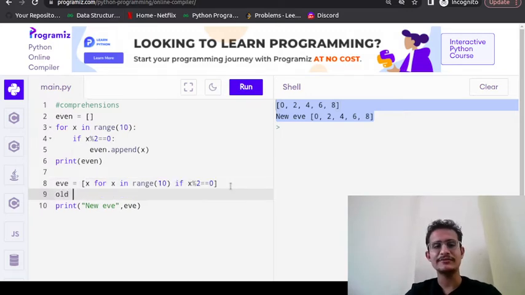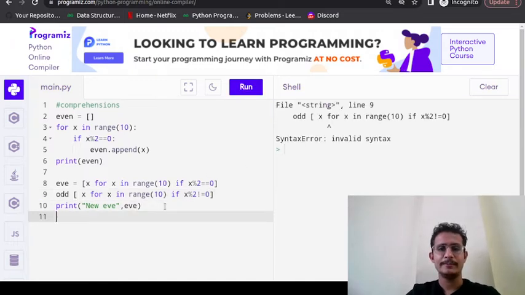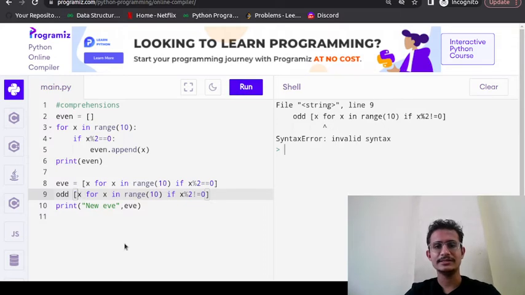Now you can pause the video and try to find odd numbers comprehension. You can pause the video. Okay, so I hope you have written the code. So it's the same basically. So again, if x % 2 is not equal to 0, perfect. But again, I think, yeah, we don't have to give the space. It is saying invalid syntax.